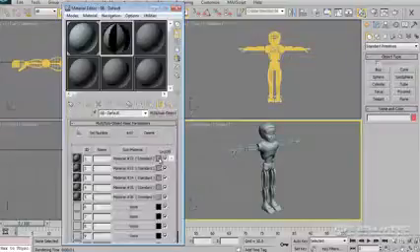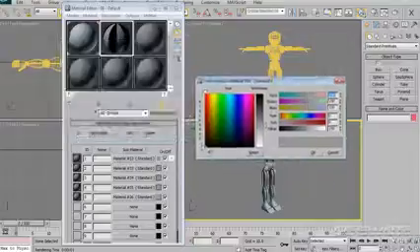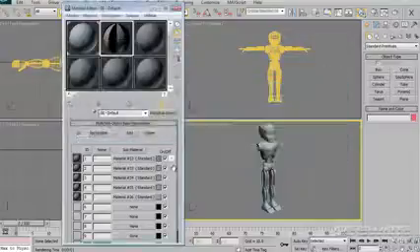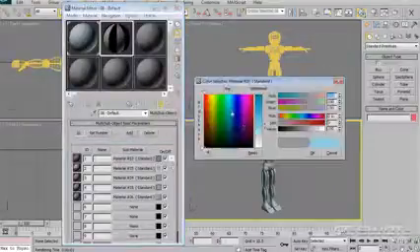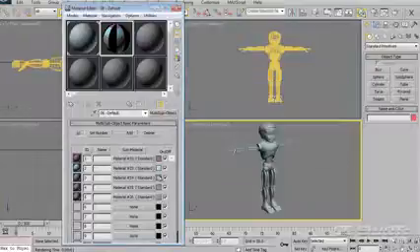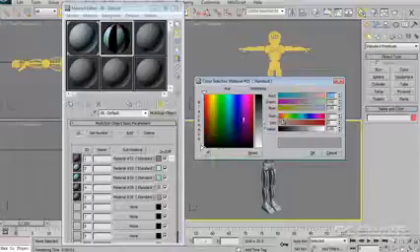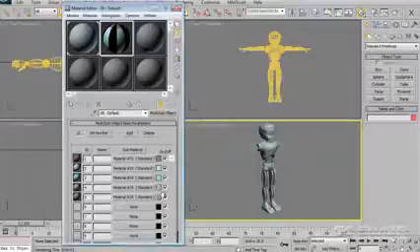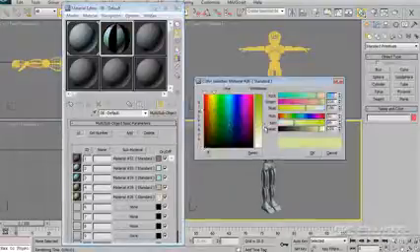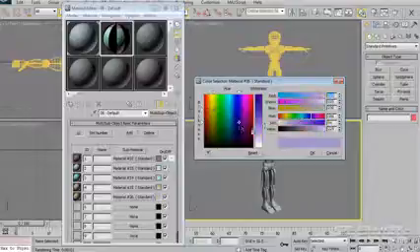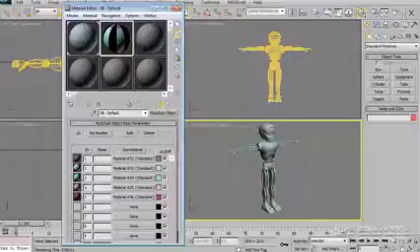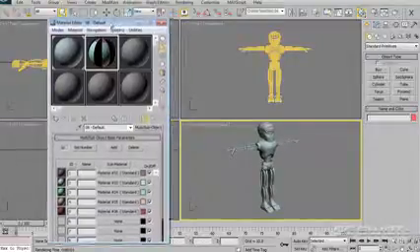The other thing I like to do is just click on this swatch just to give myself a little bit of color identification as I'm working in the materials, just so that as I set them up, you'll be able to see very quickly what these sub-object materials are assigned to on the model. So something like that should be fine for now. And we can now start to get into our